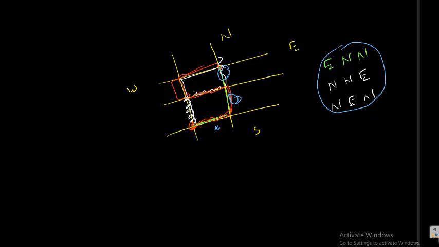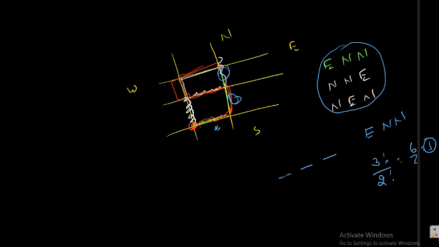What is the meaning of that? We have 3 blank places. We want to fill these 3 blank places by 3 letters with 1 E and 2 N's. In other words, how many ways can you do that? 3 factorial by 2 factorial. 6 by 2 is 3. So 3 different ways you can arrange. So what is my answer? He can travel in 3 different ways so that the distance becomes minimum.